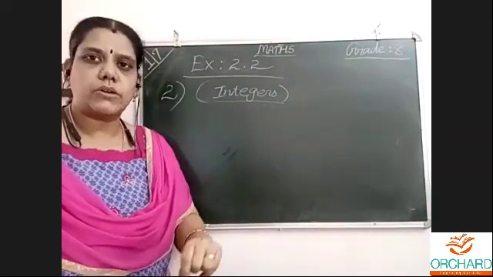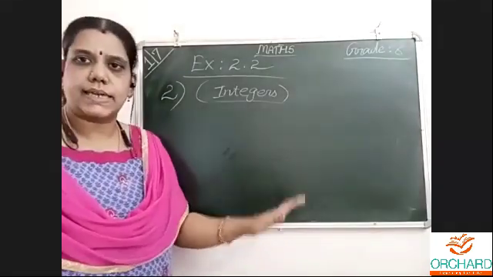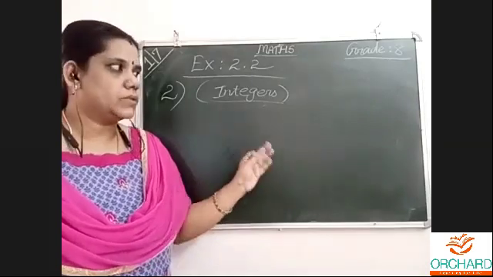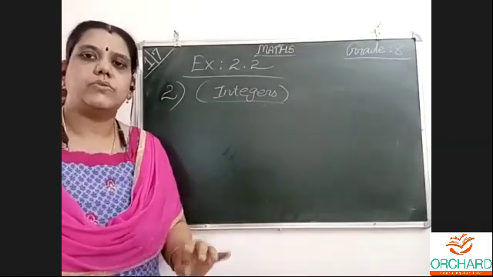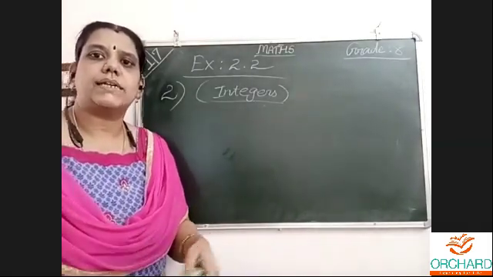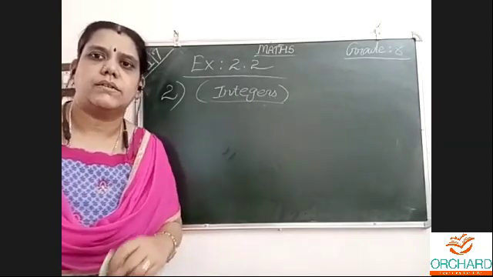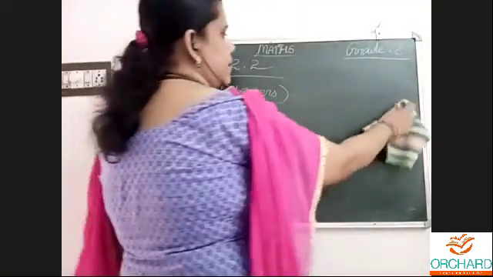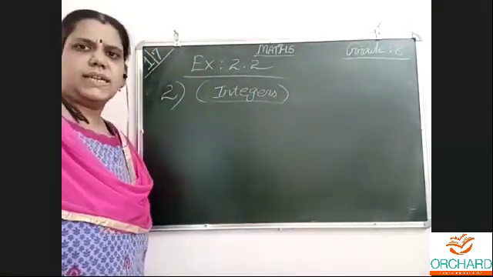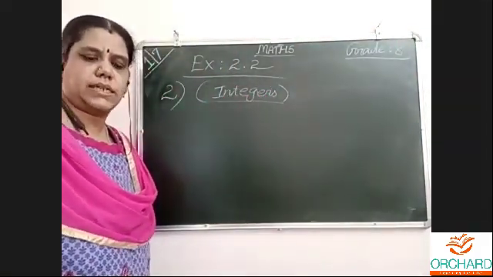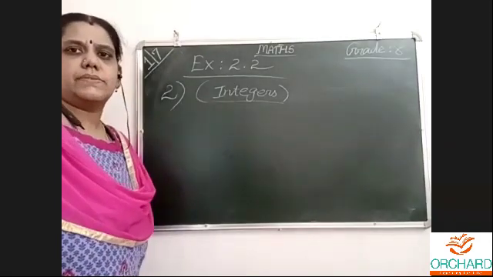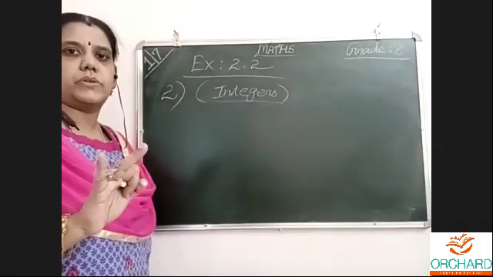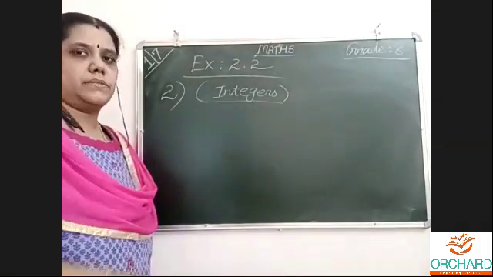So tomorrow, the small revision test for chapter 1 and chapter 2. Just I will give the questions. We will do in our period. We will see how you are doing. We had no time to cover. No, we don't have squares and square roots. Last year textbook itself we don't have, ma. 7th standard we don't have square roots. 8th standard only we have square roots, cube roots. Long division method we have.